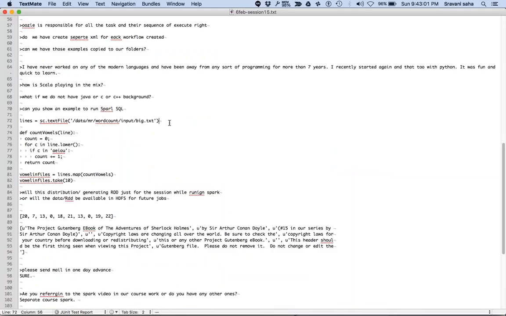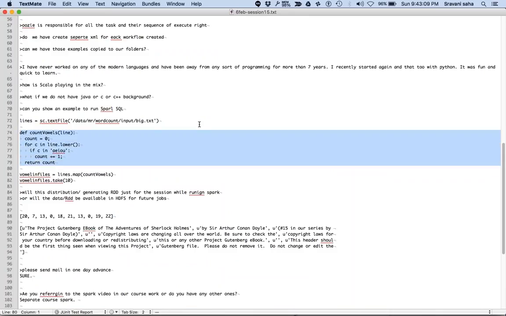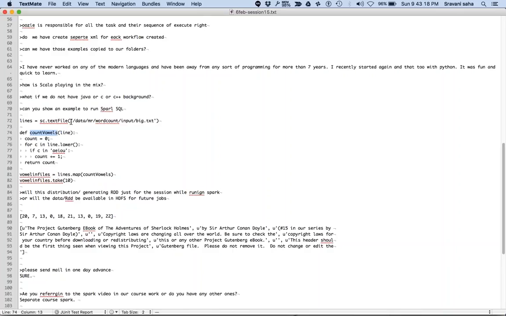All right, this is what we did last time. We basically loaded a file, and then we counted vowels in it. How did we count the vowels? We executed this function called count vowels on every element of this file. And what is each element? Each element means an individual line of the file.